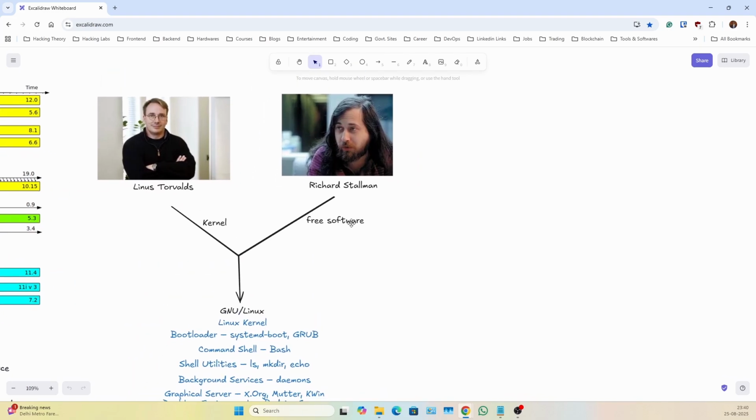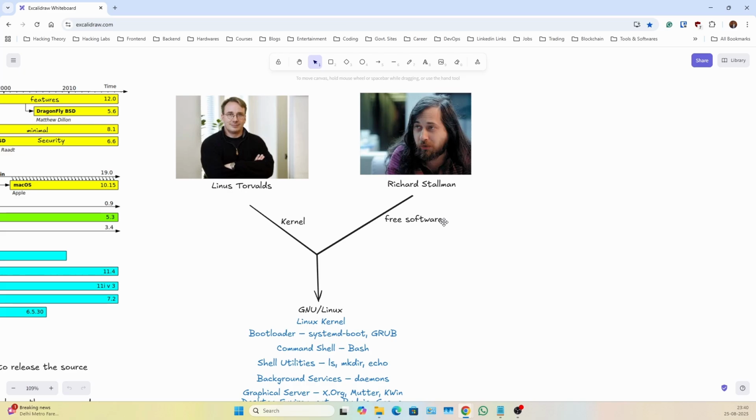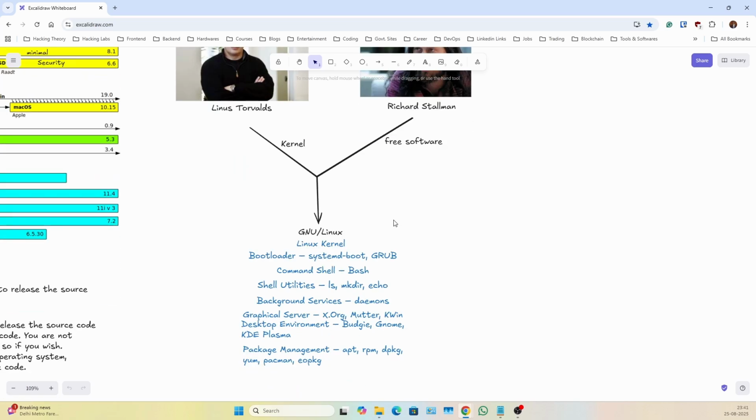Now you might be thinking, what is GNU Linux? You already use GNU Linux, like in Fedora, Ubuntu, and all. These are all GNU Linux only. Now one question arises: tell me an example that is not GNU Linux, that you use every day. Normally you see Android phones, that Android operating system is Linux, but that is not GNU Linux. Okay, so that is an example of non-GNU Linux. But most of the Linux desktops that you use, Ubuntu and all, or Fedora, those are all GNU Linux. We'll come to these flavors later.